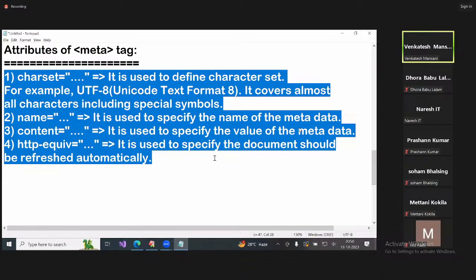So what are we going to inform the browser about this HTML? About this HTML, we are informing. That is meta: data about the HTML document. That is metadata. See, for example,